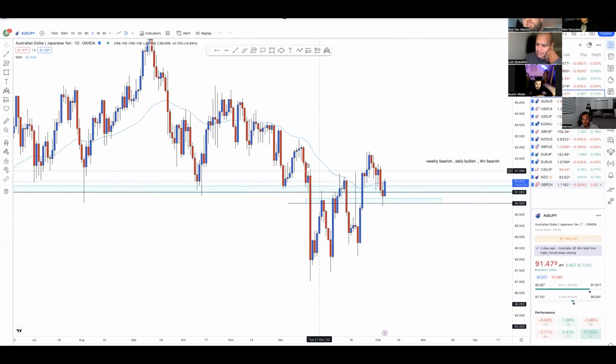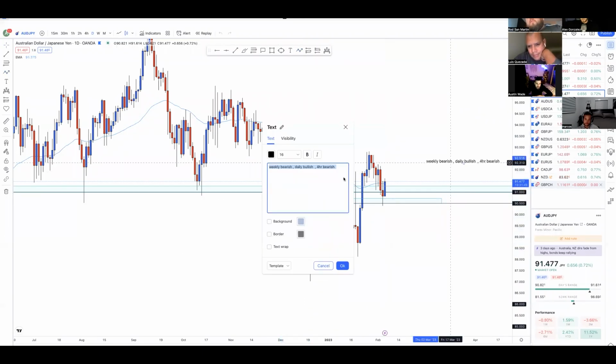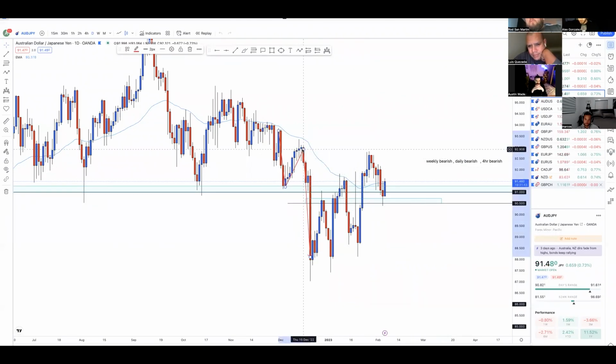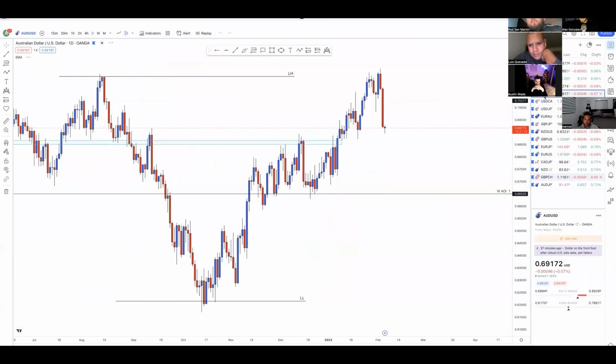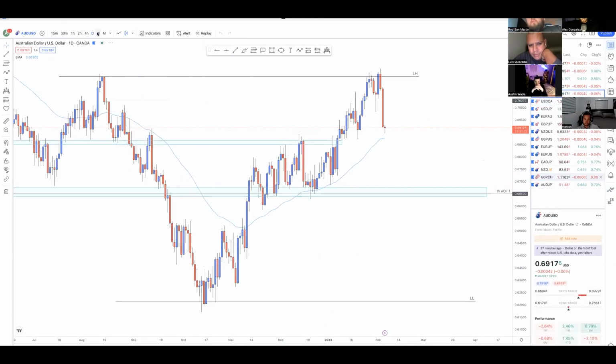Oh, okay. Yeah, no, you got it. Never mind, the daily is bearish. Looking at it here, lower low, lower high, lower low. The daily is technically bearish. Never mind, you guys got me. I was just looking at this little piece here. No, appreciate it. Yeah, AUD, never mind. We're good. AUD USD,